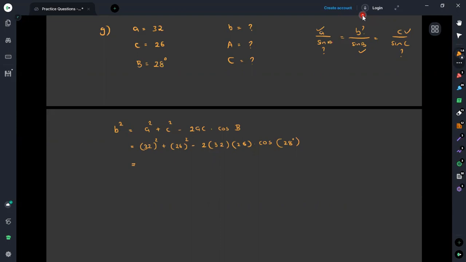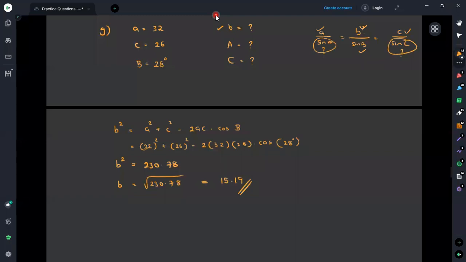Then this leads to the value 230.78. It is still the value for b squared, so now we have to take the square root of this. Taking the square root of 230.78 approximately, we get around 15.19. So the value for B is 15.19. Now it is okay, we can find out A and C, because B is now known. Then we have to find only these two parts.